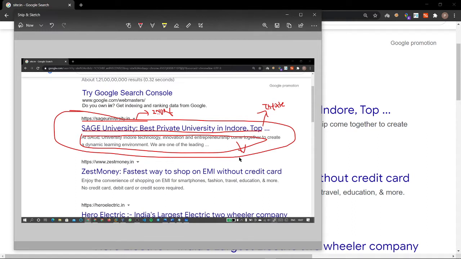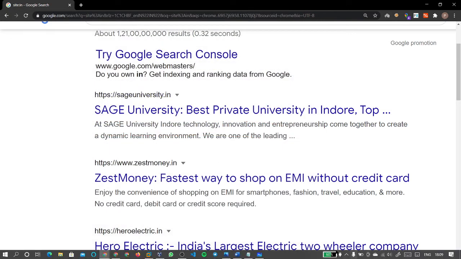When we specify that in URL we need a particular keyword, Google will search for only that keyword in the URL and display only results based on that. If you type in title, it will search for the keyword only in the title part. Or if you specify in text, it is going to search inside the paragraph that the website has. So this is the major difference.